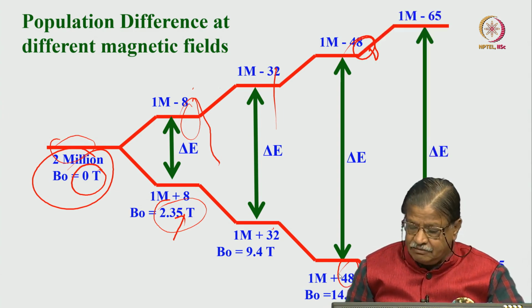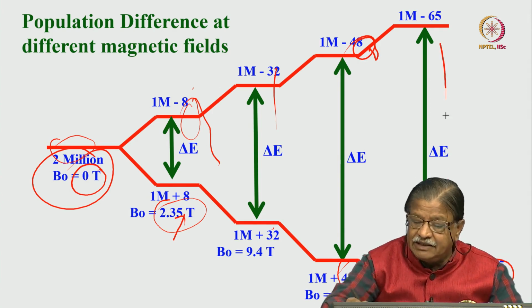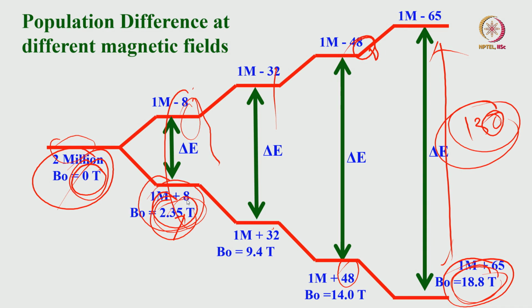Again go further, make the magnetic field 18.8 Tesla, calculate the energy separation and the population difference. This population difference is only 130. Remember, you started with 0 Tesla and increased the magnetic field tremendously. Even from 2.35, we have made it 8 to 10 times larger, but the population difference from 16 became only 130. Not a big number, but still